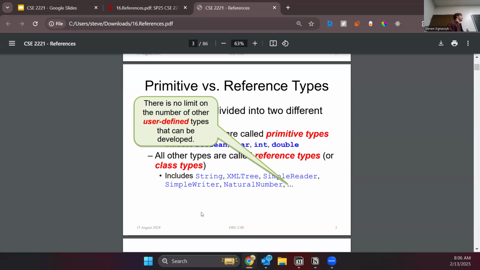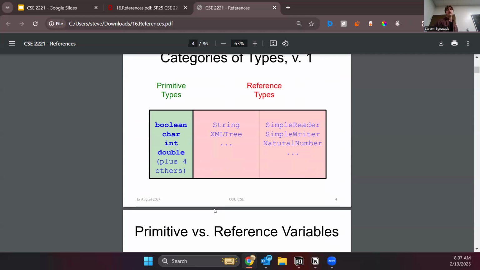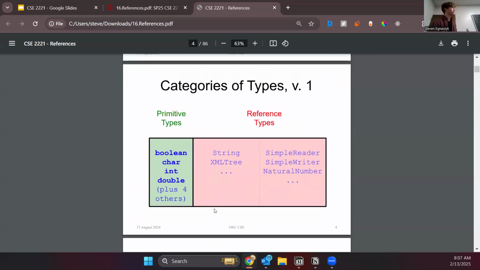And some of them are interesting, and you do a lot of interesting implementations of interfaces in software too. So they want you to learn that eventually, but for now, we use our own custom components just because, trust me. Okay. But yeah. Okay, here's that exact chart that I just showed, which is primitive types plus 4 others,